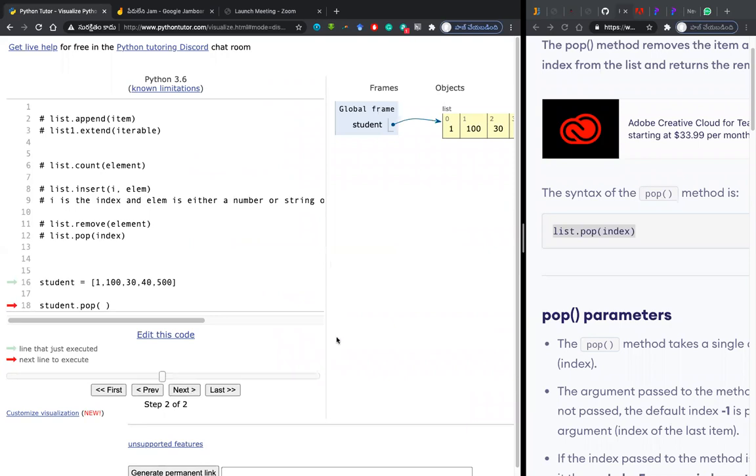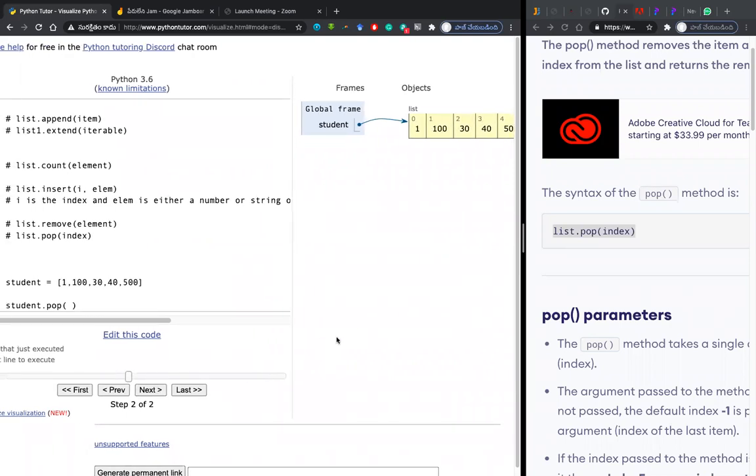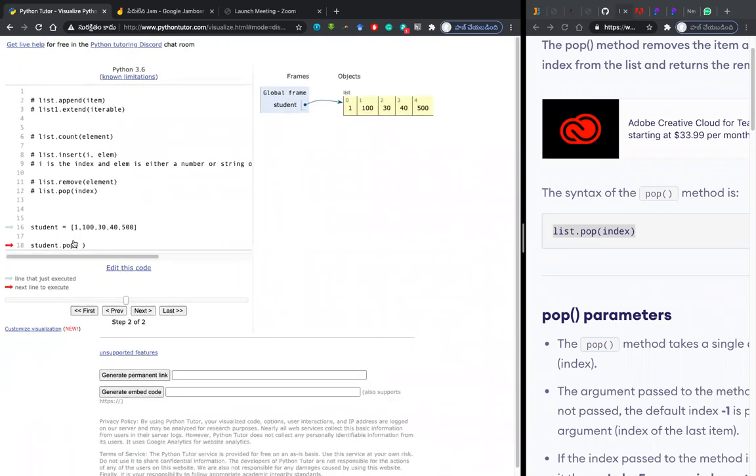Yes, that's correct. Now you see, now we are at the statement of POP. You can see here, our red line is at student.pop. You see what will happen. So what has been removed? You just observe in the memory. When the POP function is called, what has been removed? What is there in the previous case? 500, right? 500 has been removed.